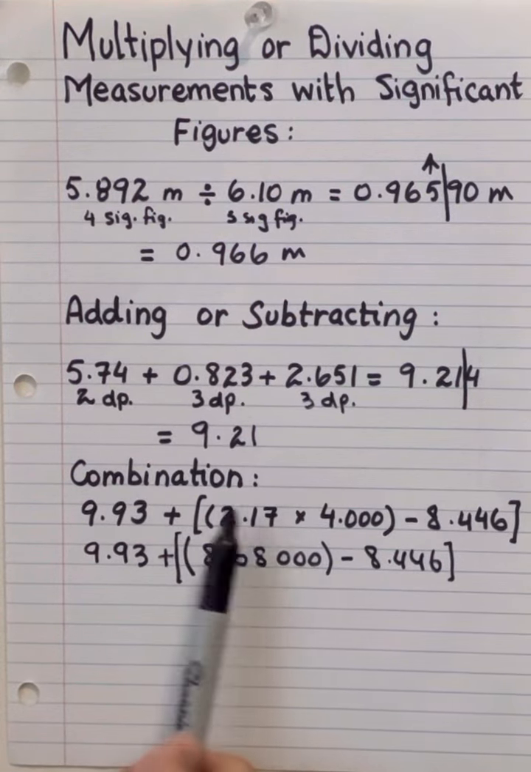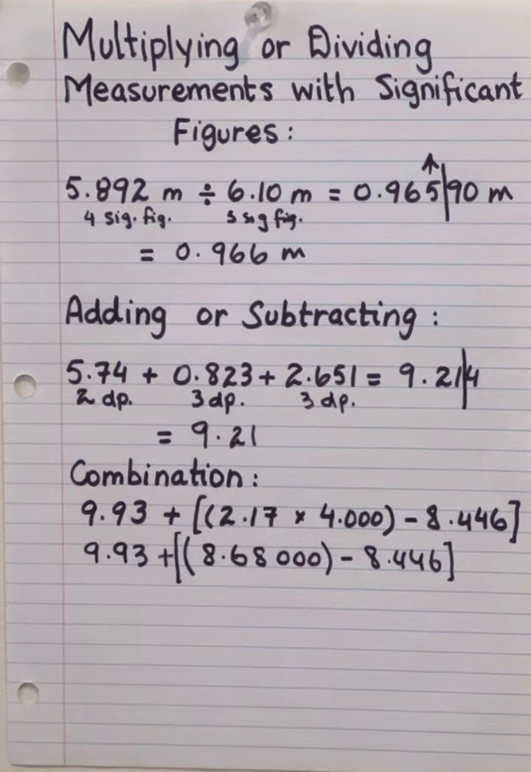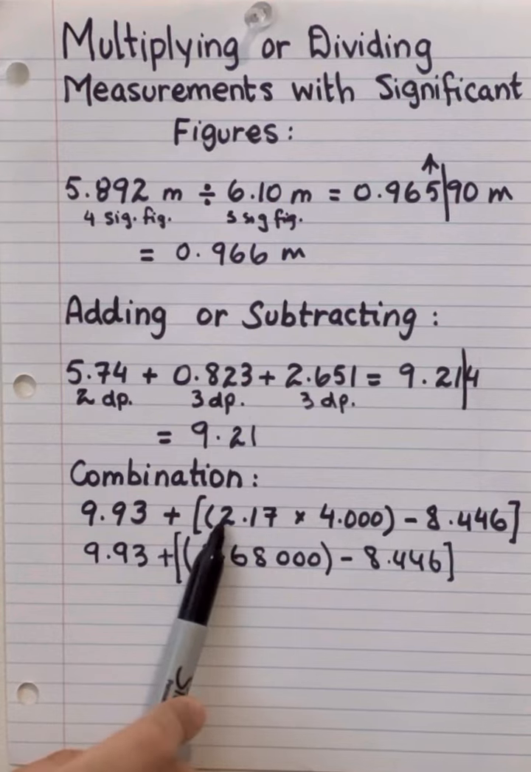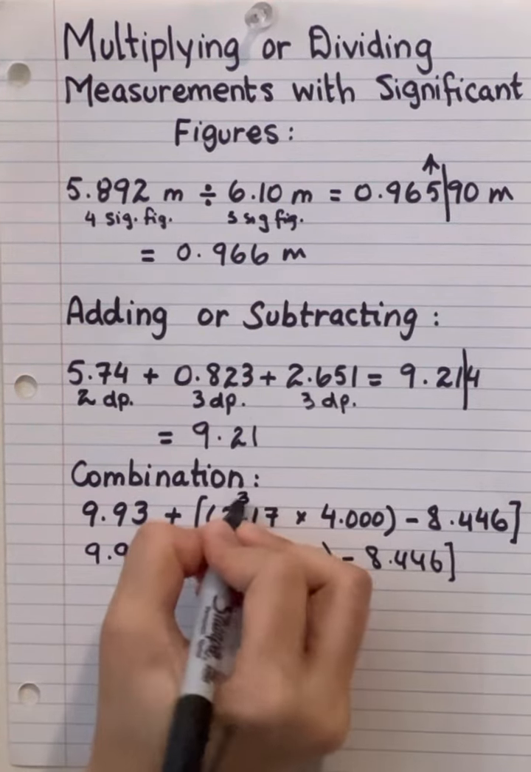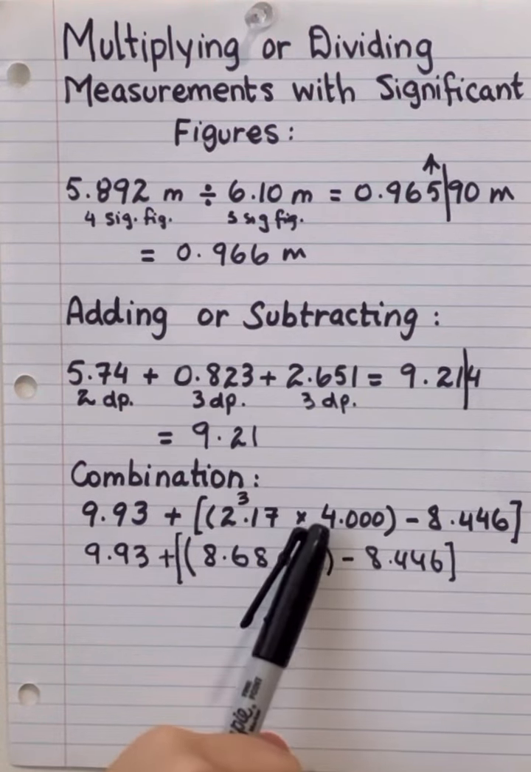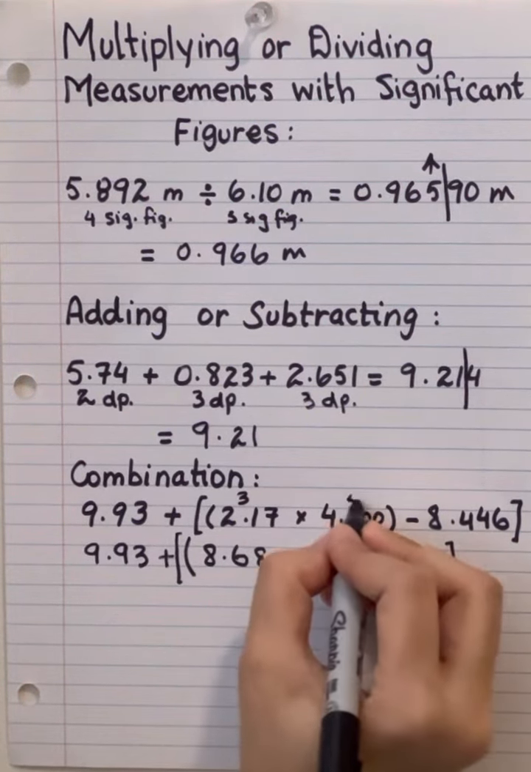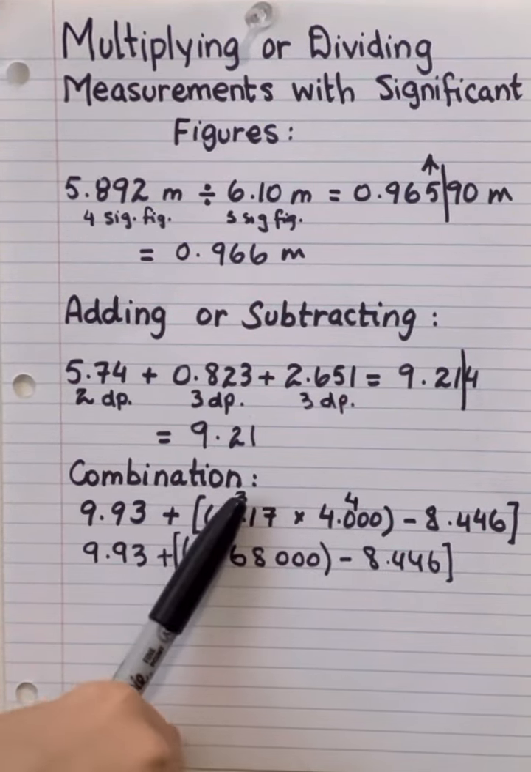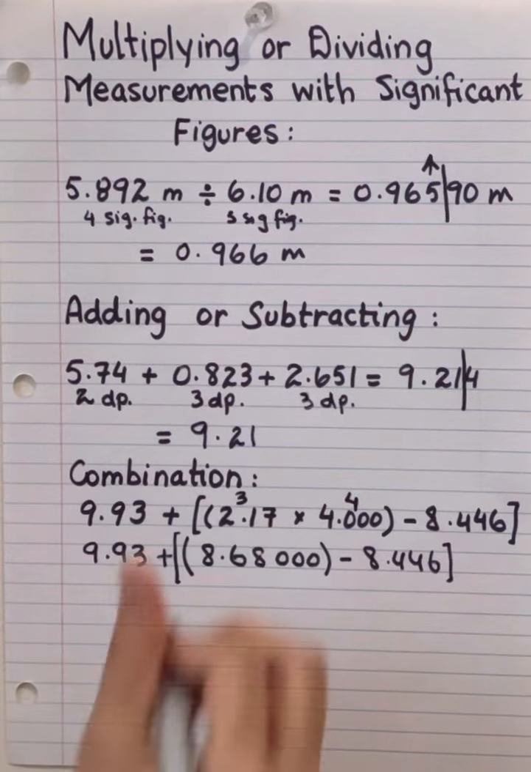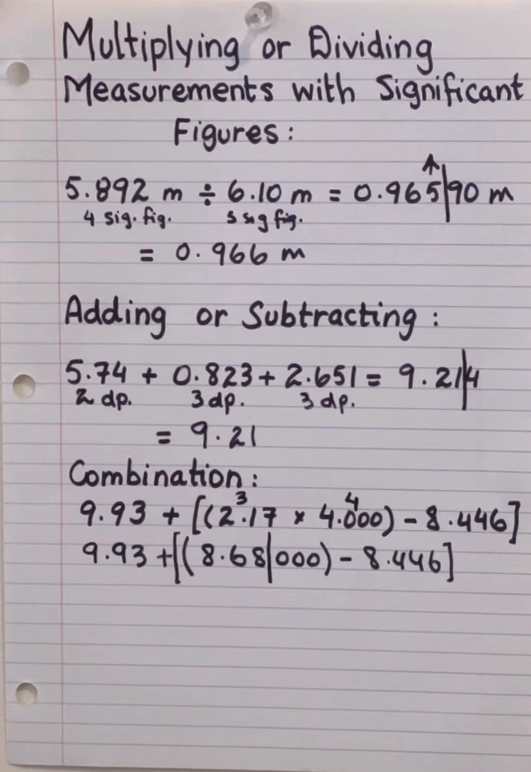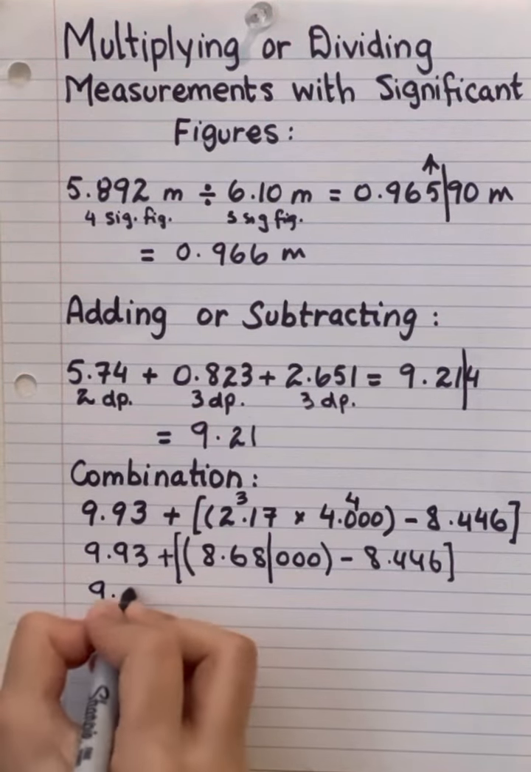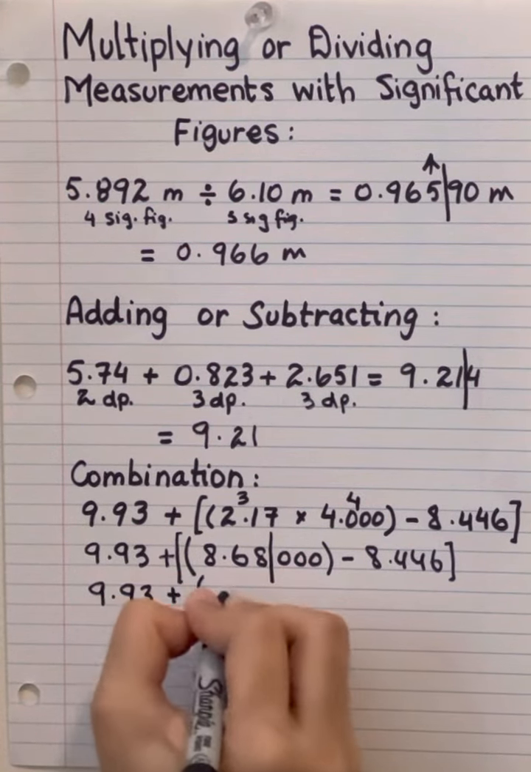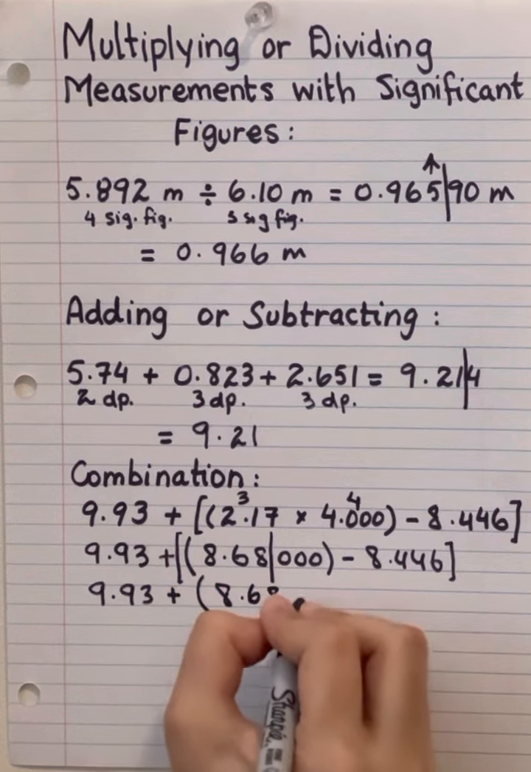Since we are multiplying these two numbers, we are going to count the significant figures of our 2 measurements. There are 1, 2, 3 significant figures in our first measurement. For the second one, we have 1, 2, 3, 4 significant figures. So our answer is going to have the fewest number of significant figures, which is 3. So it's going to be cut down over here. I'm going to rewrite the numbers with the correct number of significant figures: 8.68 minus